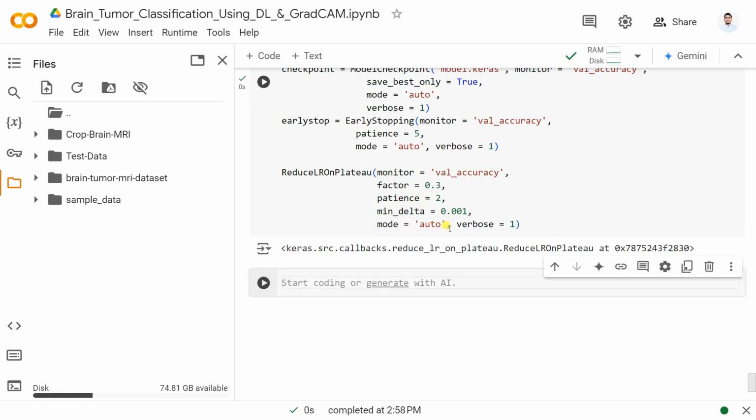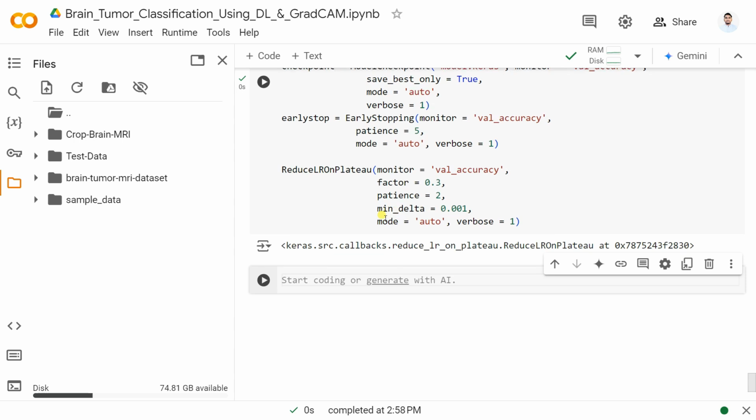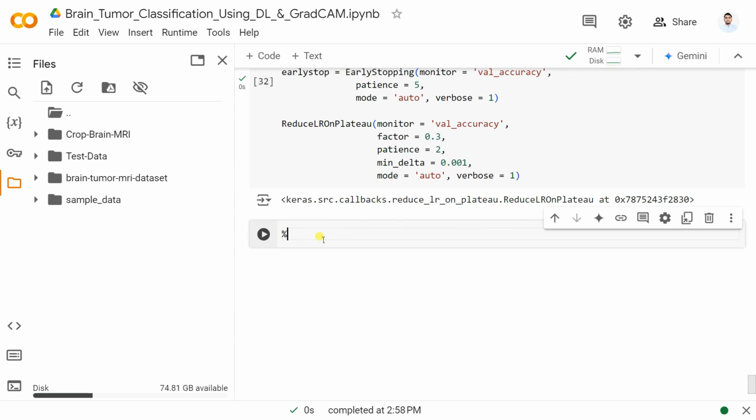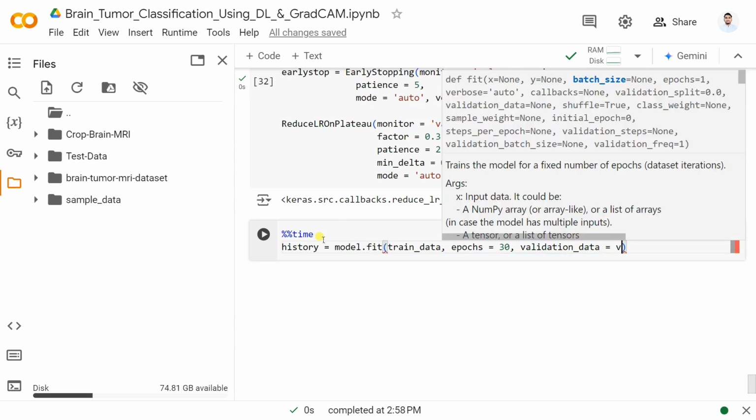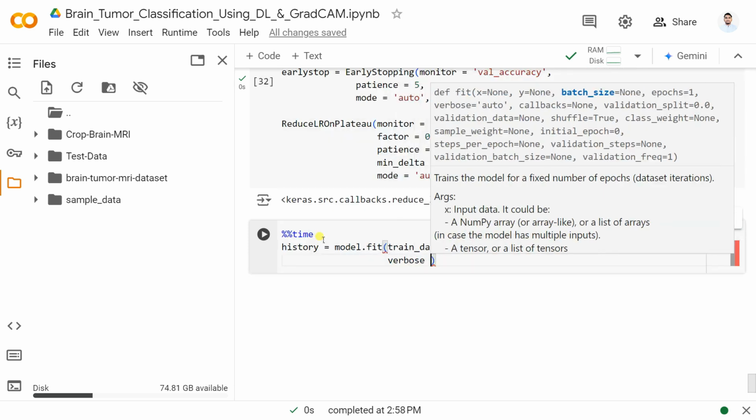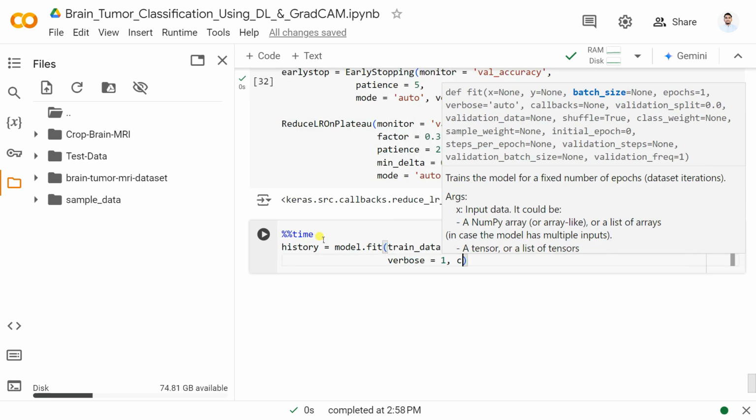Now what I can do is simply train our model. That's our callback. Now let's say percent time, so that you can see the time as well. And now let's say history is equal to model.fit, and you can pass our train data, and then you can give epochs, let's say 30 epochs, and validation data is nothing but, let's say, valid data. Then you can use verbose equal to 1, so that you can see that. And then same thing, callbacks